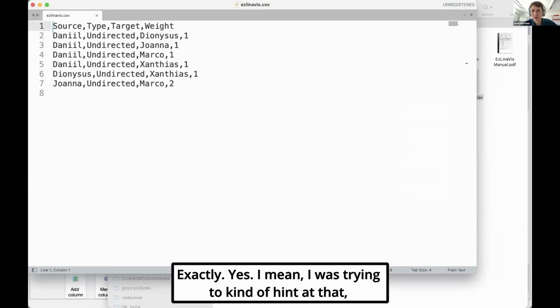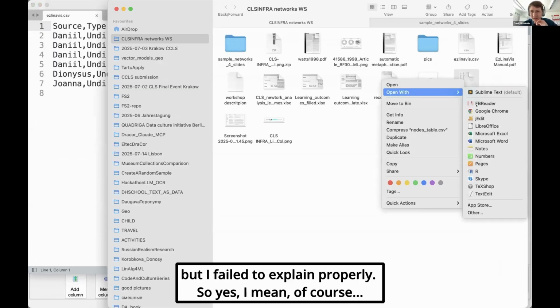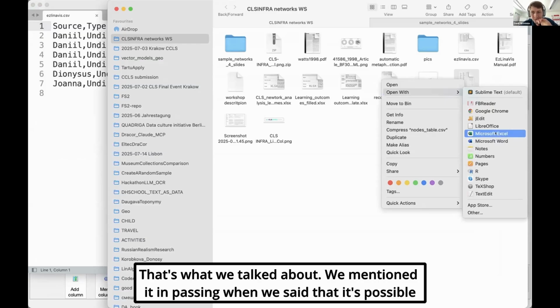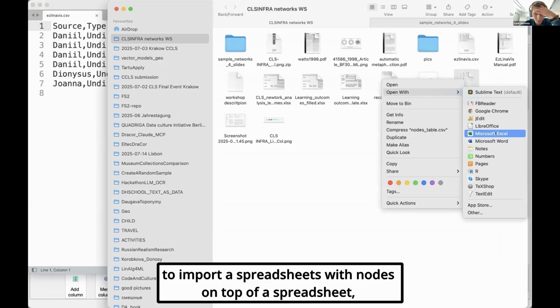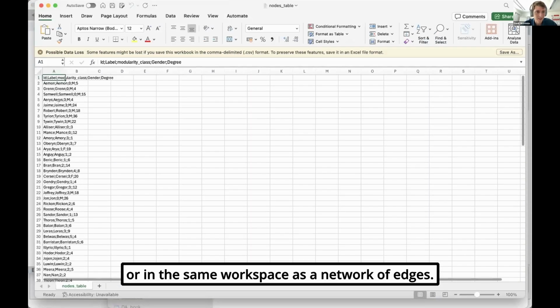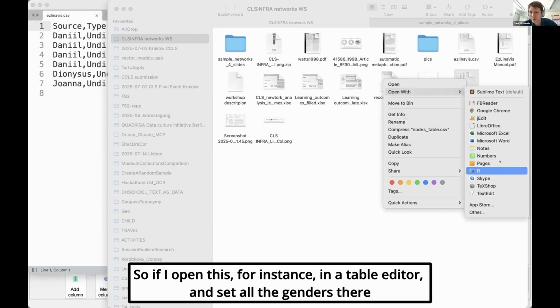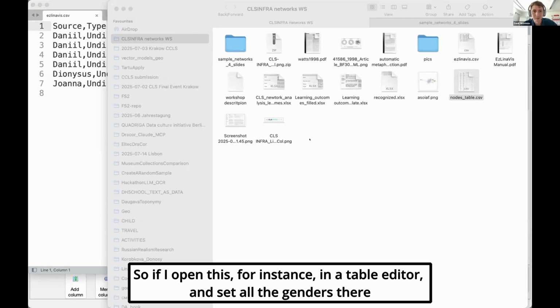Yeah, exactly. I was trying to kind of hint at that, but I failed to explain it properly. So yes, of course, that's what we talked about. We mentioned in passing that it's possible to import a spreadsheet of nodes on top of, or in the same workspace as, a network of edges. So if I open this, for instance, in a table editor and set all the genders there,